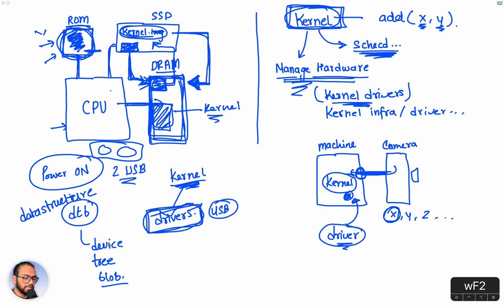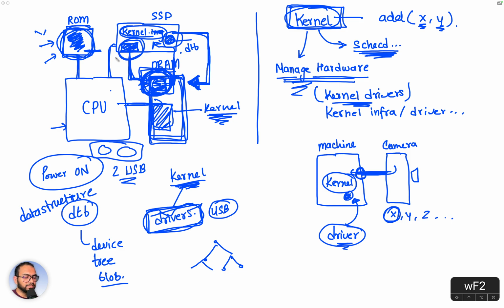This is a data structure, and this data structure in a tree-like fashion describes who is connected to whom, what all hardware is available, at what memory address it is available, and so on and so forth. So remember the intermediate code, the UEFI or the BIOS code that we were talking about. That code also passes some other information, and there is, like in SSD, something else which is called the DTB,